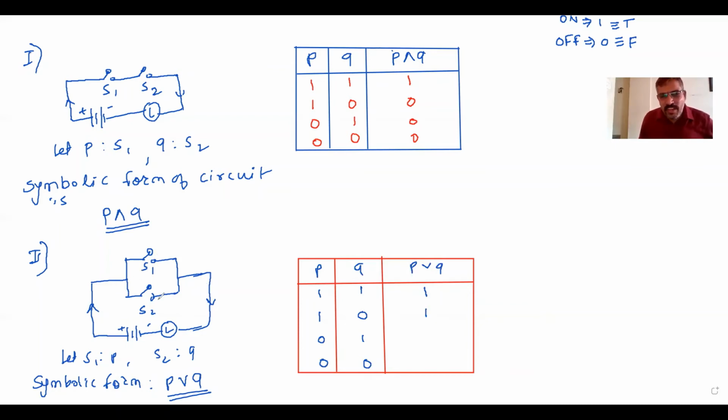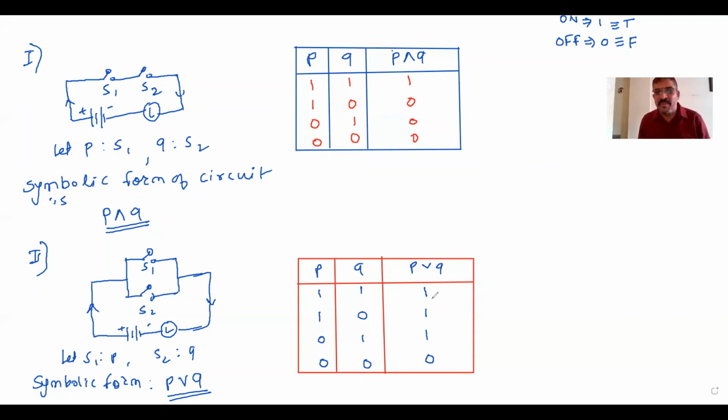Again, if this is off and this is on, current will flow through this direction. So it is again 1, and here current never flows, so it is off. This is the situation. You have to use this for reading the circuit, for reading the behavior of the circuit. Someone can say current flows when both are on, current does not flow when at least one is off.